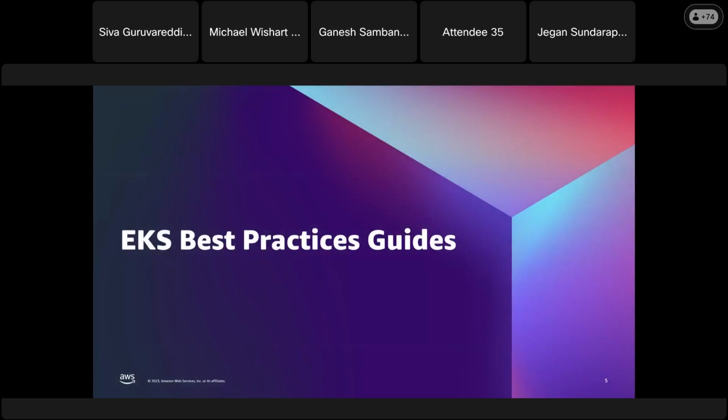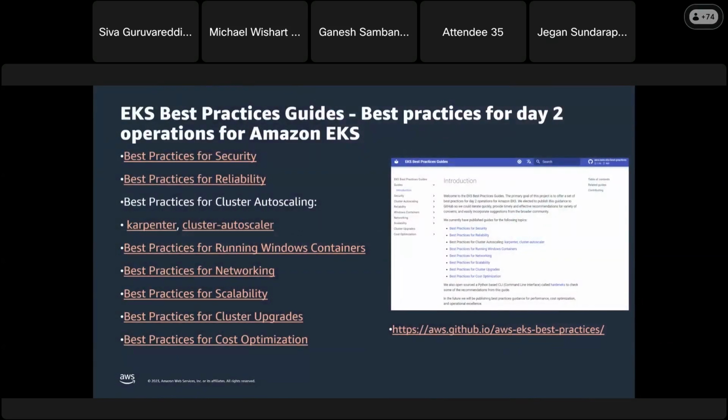The first thing you should be aware of is the EKS best practices guide. Our container service specialists have put together an EKS best practices guide, which has very specific recommendations, categorized under various domains, such as security, reliability, and auto scaling.